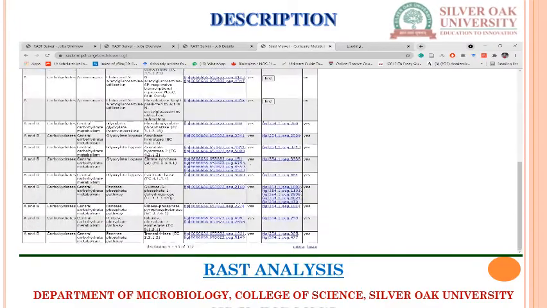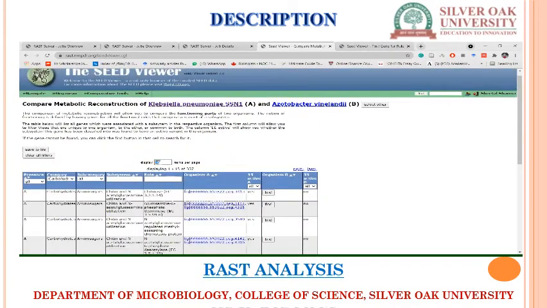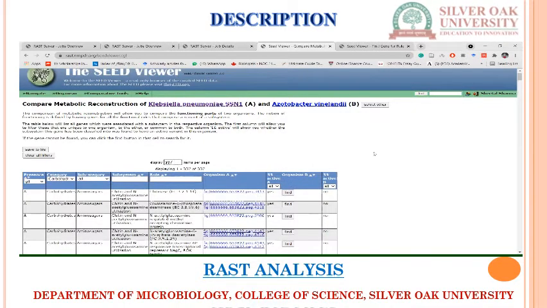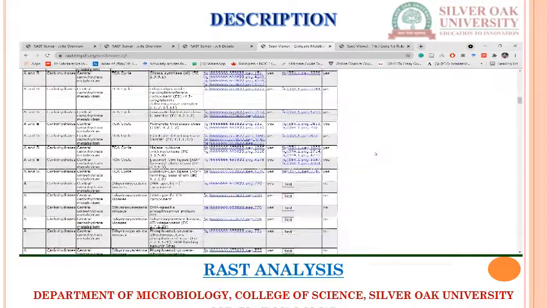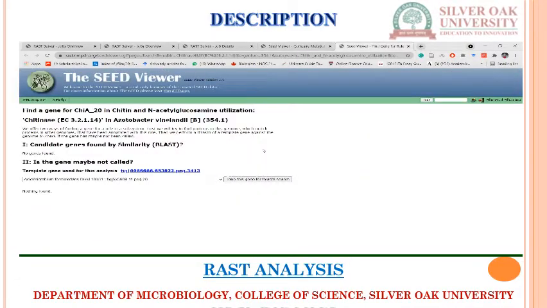See, you can see here the difference. Glucose 6 phosphate: Klebsiella is having one gene, whereas Azotobacter is having more than 4 genes. So this is the difference, where you can see that a total of 337 things are displayed only about carbohydrates. So if I click on 337, I will find all the details. Okay, so now you will get the answer.